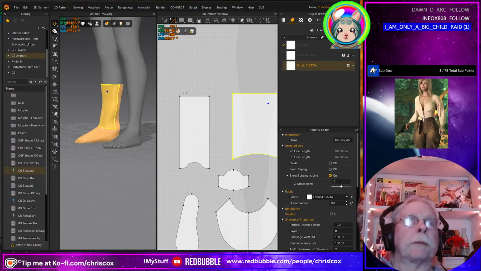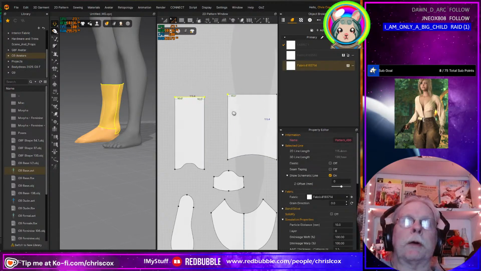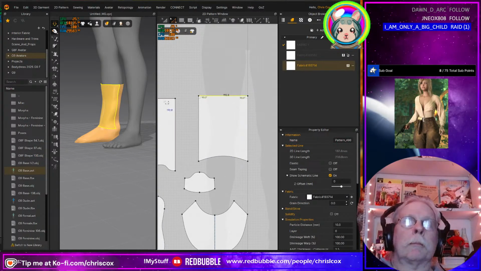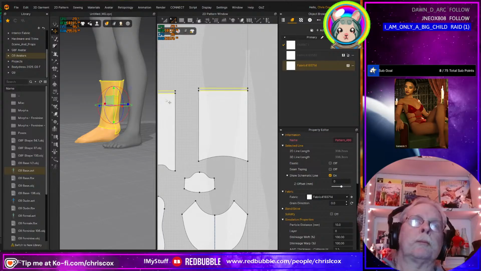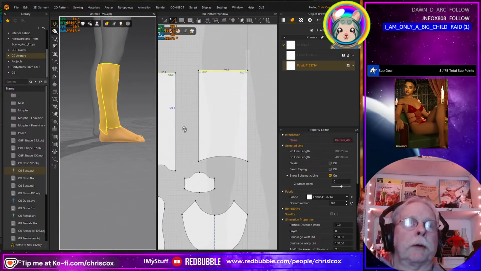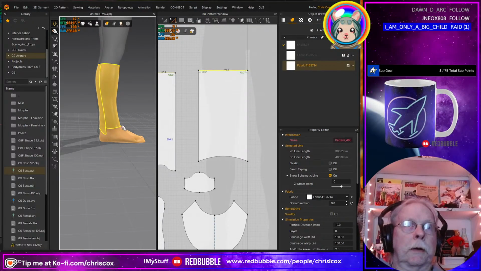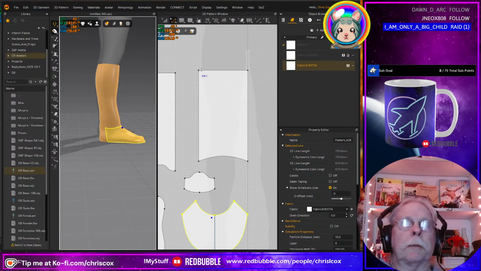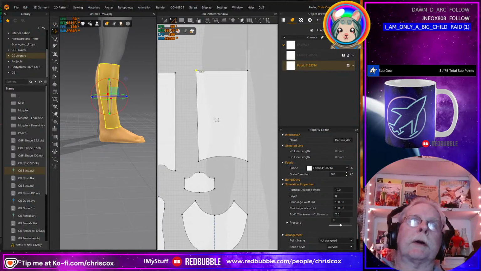So I want this up almost to the knee, so let's run that up that way. Kind of like up there. And now it's clamped a little tight, so I think it probably either, or we can just do this, right? 1, 2,